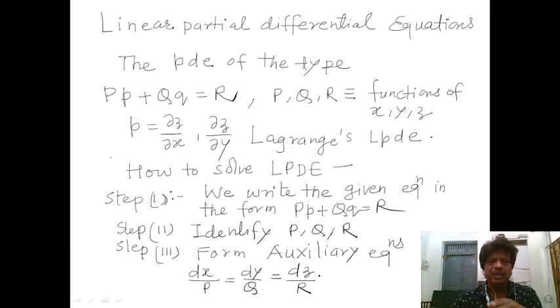These are the three equations. These are also called auxiliary simultaneous equations. So these are the primary steps of solving any linear partial differential equations. Once we reach the auxiliary equations, then step number 4 is